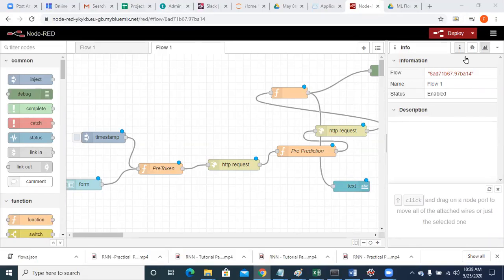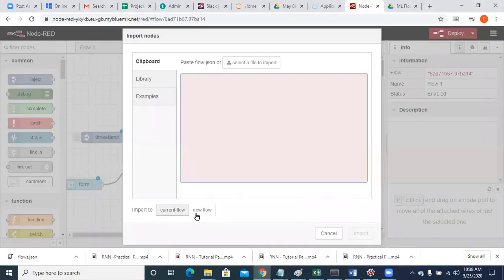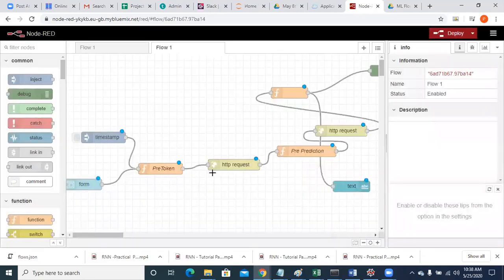That's what I told you. First of all, you have to import it and select the new flow here. Until and unless you select the new flow, it will be updated in the current flow itself. Okay. So done till here, guys.